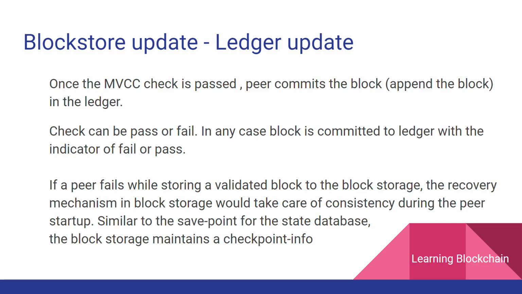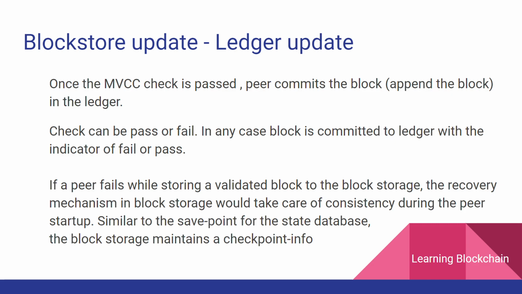Next point is the block store update. We have already done the VSCC check, and for consideration we are assuming that it has passed, and the MVCC check has also passed. Now this is the main point where the peer commits the block to the actual ledger, the actual blockchain. The blockchain is stored as a file system inside Hyperledger Fabric. You can mention it as a file system or RAM, but basically everyone uses the file system, and that is the convention. So whenever we commit the block, we are writing inside the file system, and we are appending one extra piece of information to the existing data.